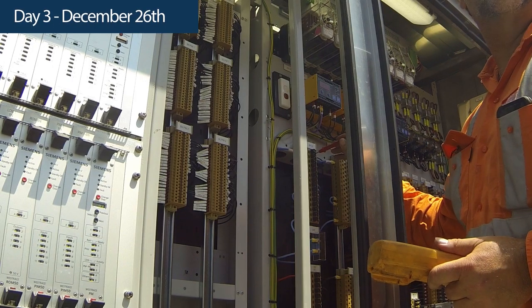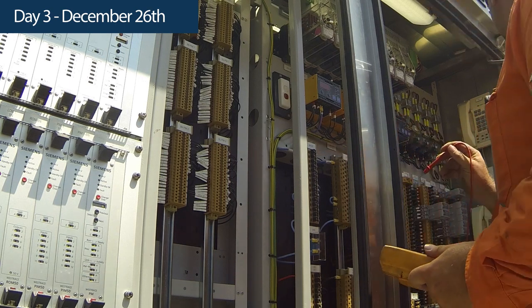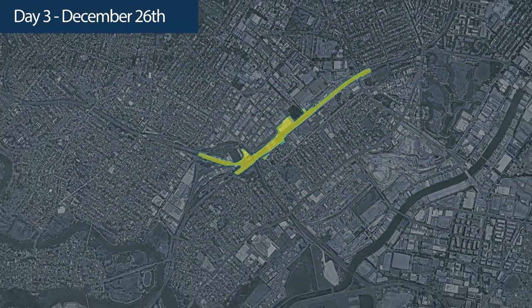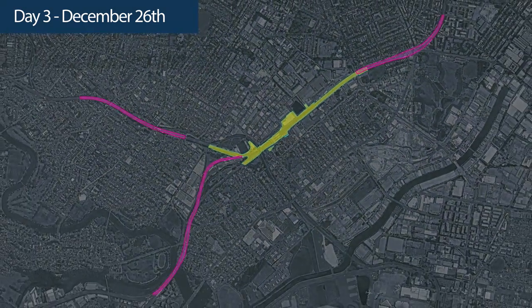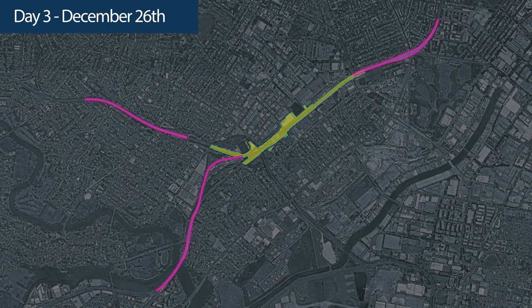On Day 3, Boxing Day, Signal Resources will continue signal changeovers and associated field equipment testing of the Sydenham relay room and the location cabinets. Signalling teams will also concentrate on carrying out limited local signal equipment changeovers and testing on the Illawarra local and